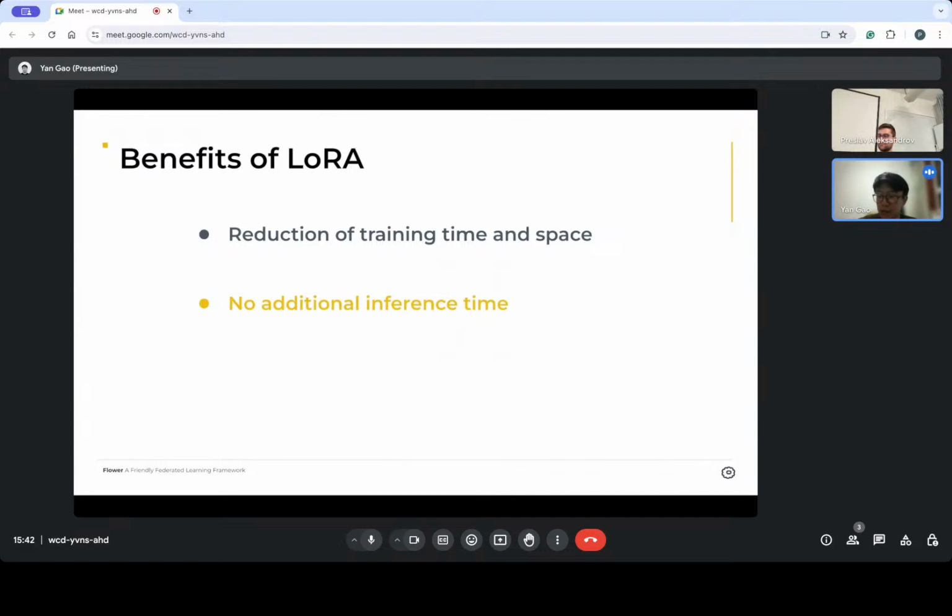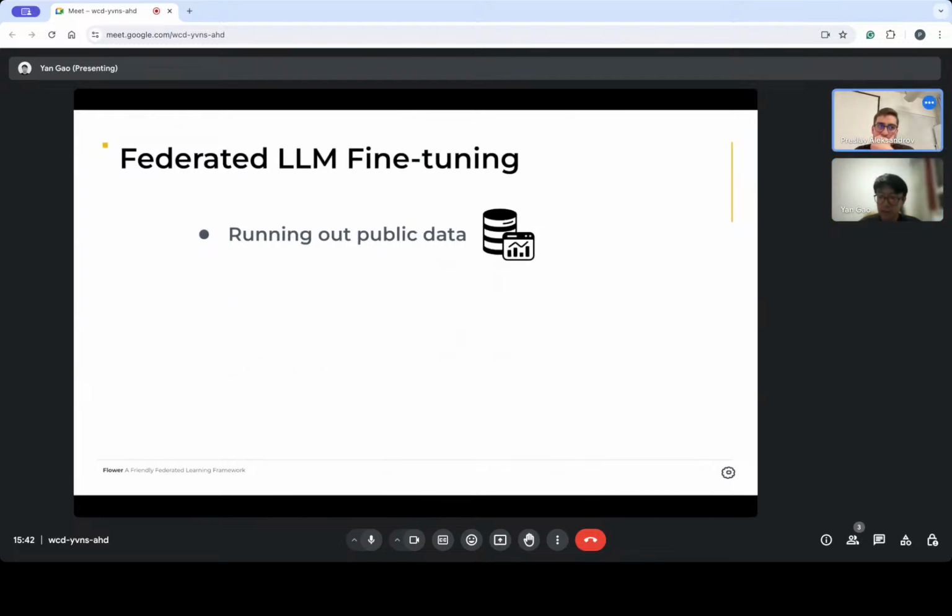So this guarantees that we don't introduce any additional latency during inference. Additionally, swapping only the LoRA weights as opposed to all the parameters allows cheaper and faster switching between tasks, right? So that's amazing.